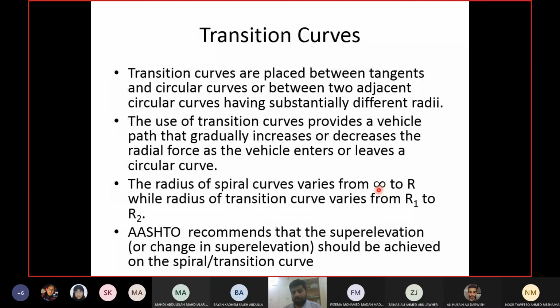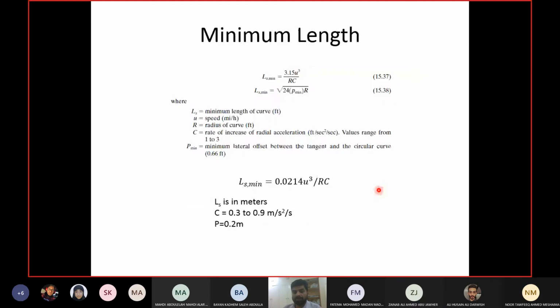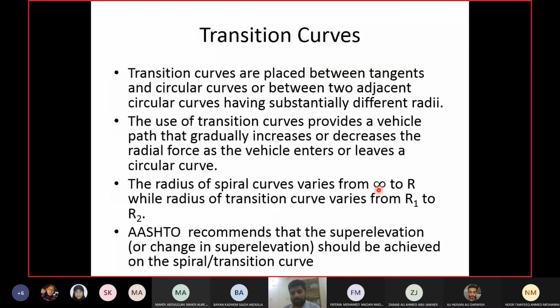Now you would say, why does the straight line have a radius? Because of the laws of physics. There is no straight line in this universe. Everything is bent. Only you cannot see the bend. After some distance, it will start to bend, because everything is attracted towards the other. That's the law of nature. So the straight line will bend at some point of time, but the bend is so large that the radius becomes infinity and you cannot see it. This is the physical phenomenon.